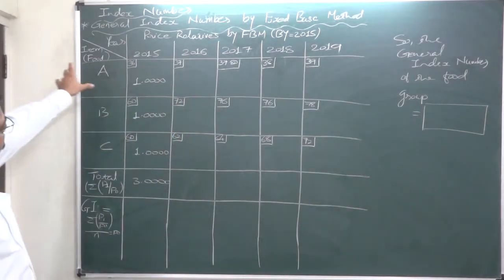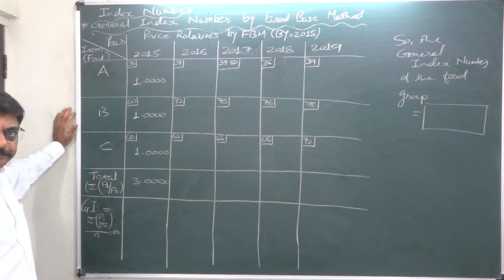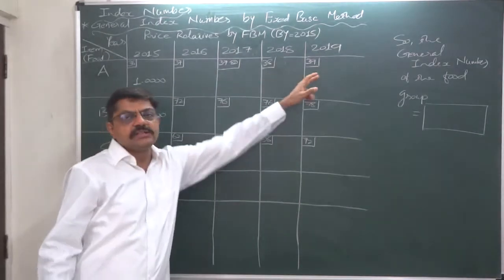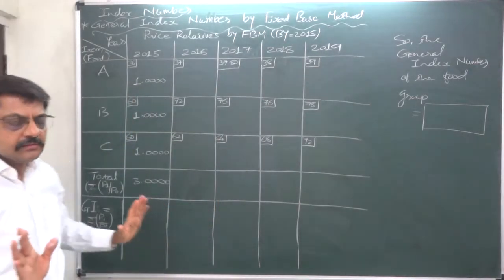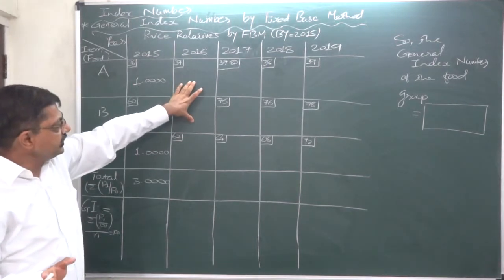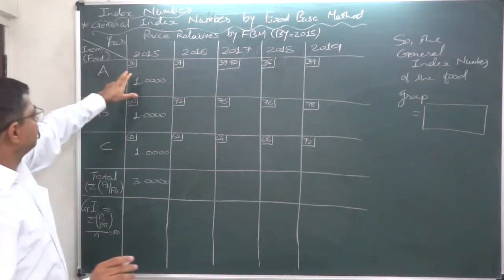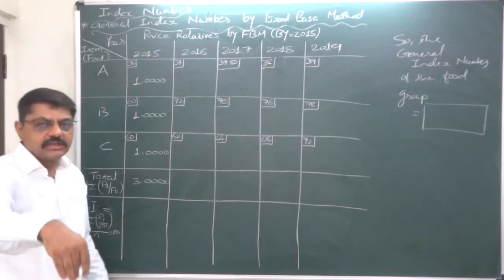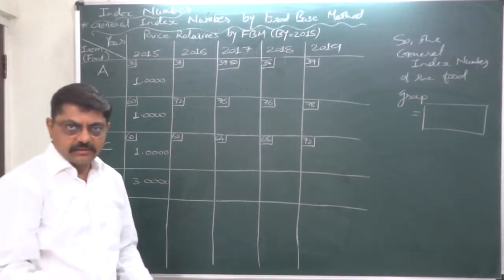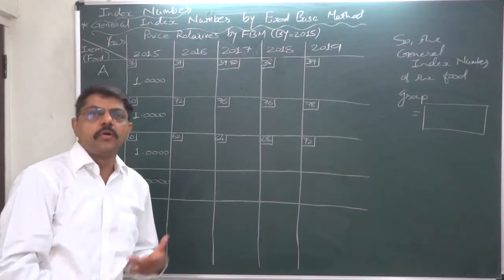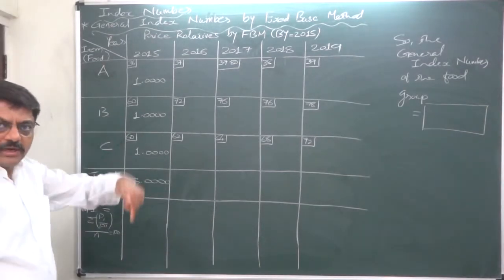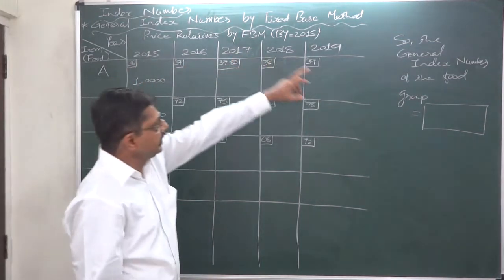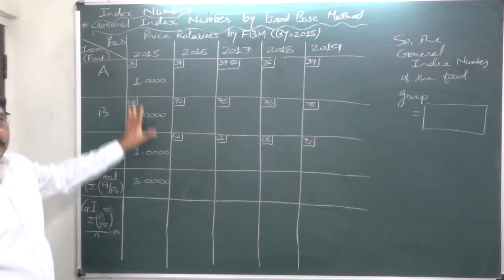Now we have a food group consisting of 3 items A, B and C, and their prices have been given. In these brackets I have written prices just for my ready reference, so that calculations are easier for me. You need not write the prices in this way in your solution, because you have the question. You can copy the whole question, or get the screenshot of the whole question from the section below the video screen. Now 2015, 16, 17, 18, 19, and we need to take 2015 as base year,